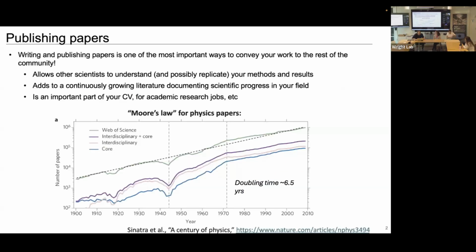Okay, so maybe why do we publish papers in the first place? A lot of this talk is my opinion, and you should talk to lots of people, especially in your subfield. I come from a physics background, so I sit here in Wright Lab. We do nuclear and particle physics, and there's a lot of culture involved in how we write papers as a community, because the goal of papers is really to talk to your scientific colleagues about what you've done.